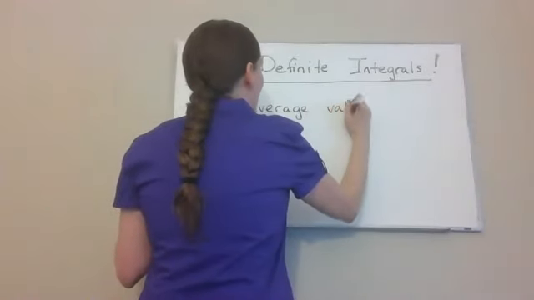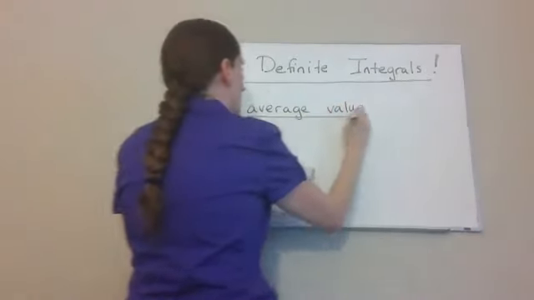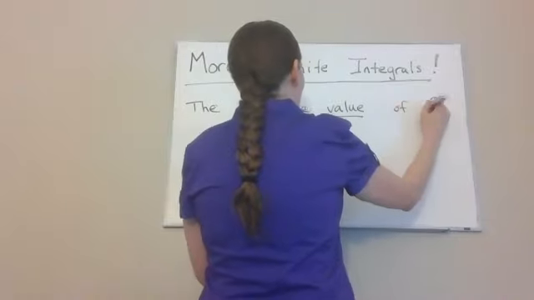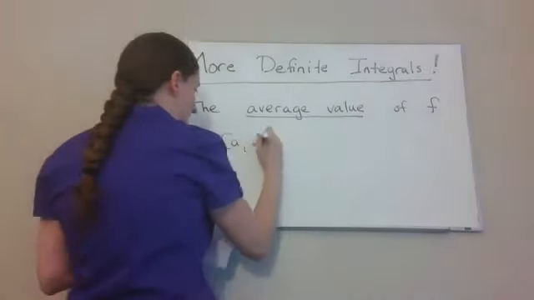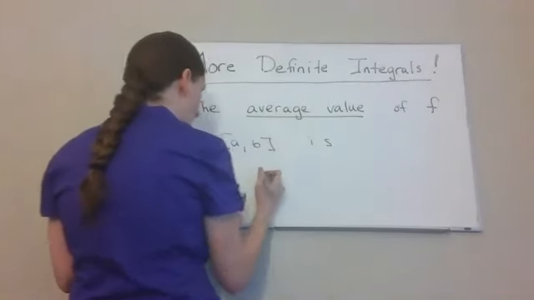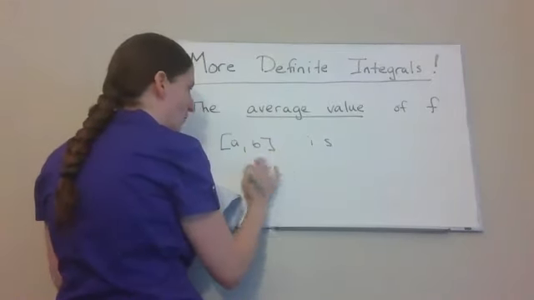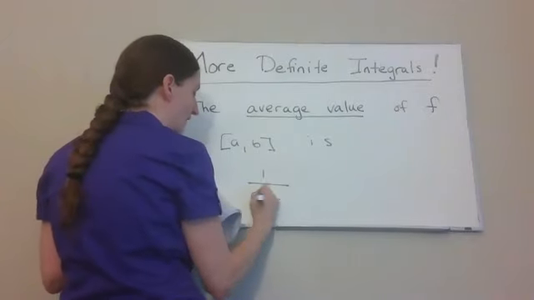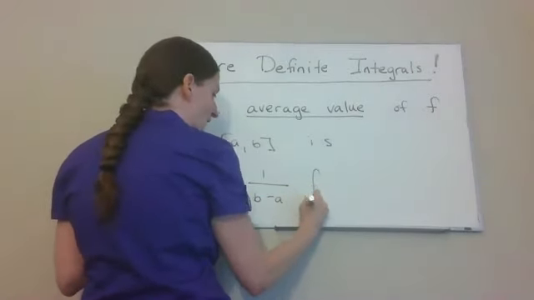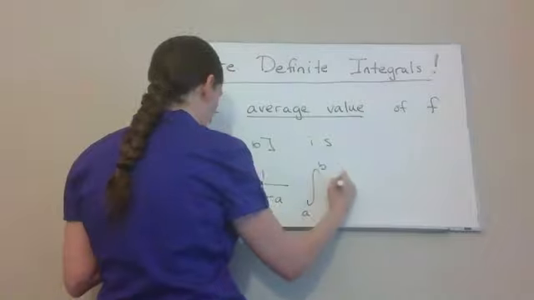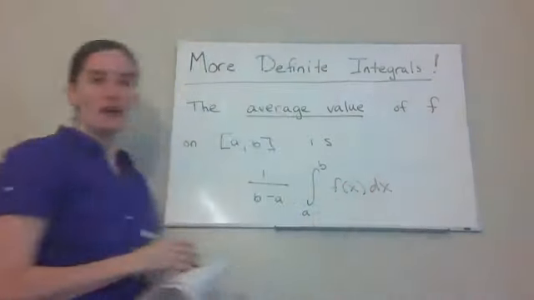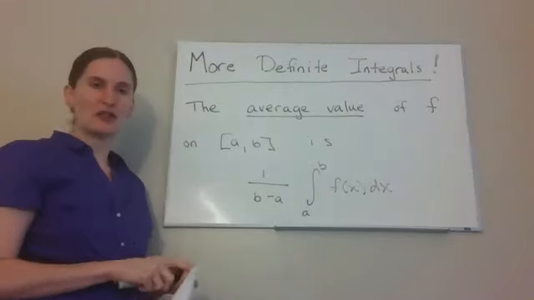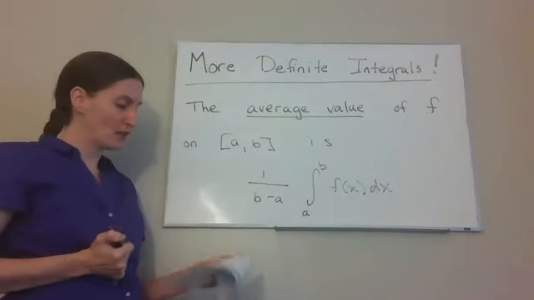The average value of a function f on the interval [a, b] is given by 1 over b minus a times the definite integral from a to b of f of x dx. Now this might look a little familiar to you because we just learned about something called the mean value theorem for integrals,